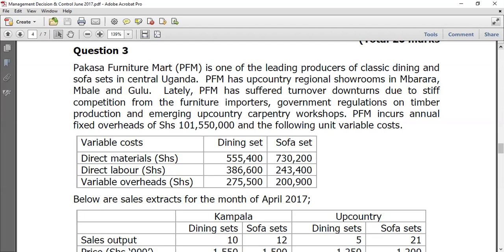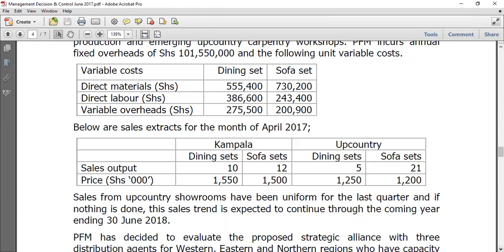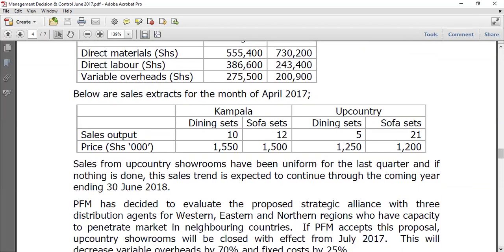PFM incurs annual fixed costs of 550,000 and the following unit variable costs. So we have dining sets and then we have sofa sets. They are telling us that below are the sales extracts for the month of April 2017. As you can see, we have the output and then the sales price for Kampala and upcountry. Sales from upcountry showrooms have been uniform for the last quarter. And if nothing is done, this sales trend is expected to continue through the coming year ending June